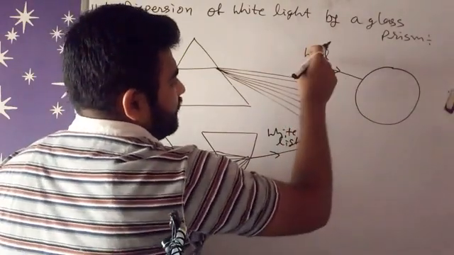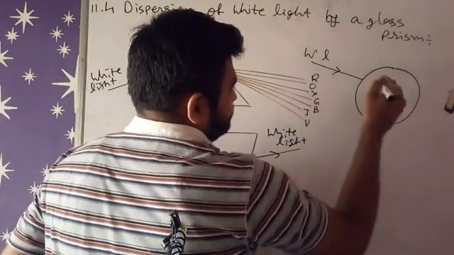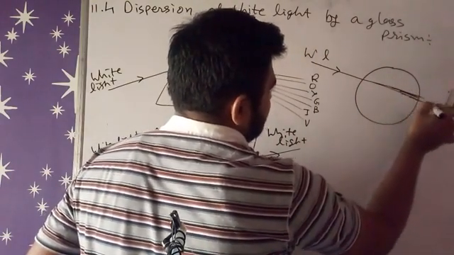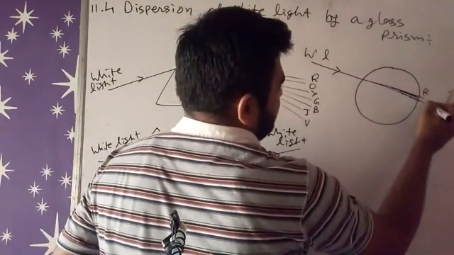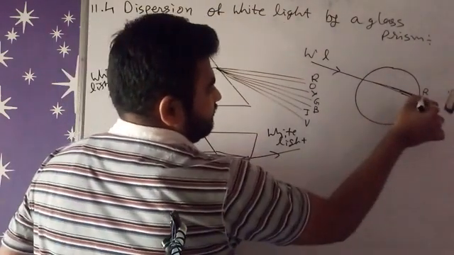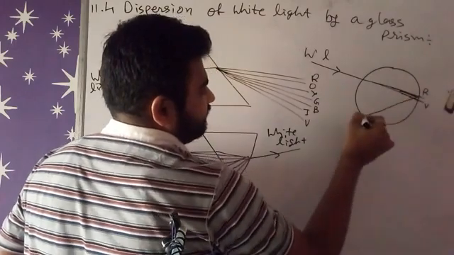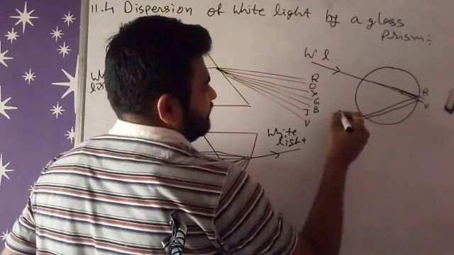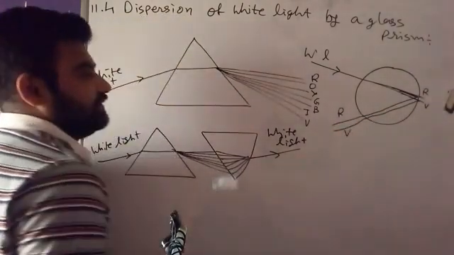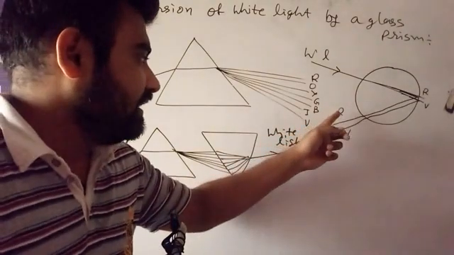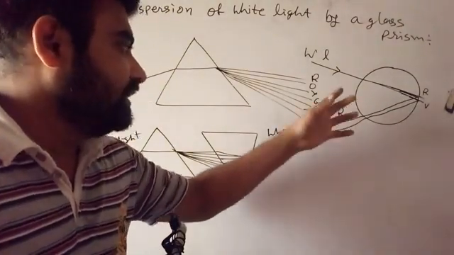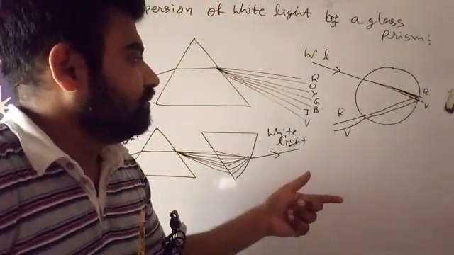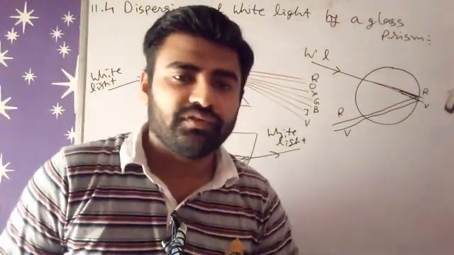So white light enters a water molecule, then it will be split into 7 different colors. So here 7 different colors are splitting. Here we are getting red and last violet. After getting total internal reflection from here, and the violet light here, right? So we are getting red and then violet color. So that's why red, violet, indigo, blue, all the colors, that is because of this dispersion process because of water molecules in the monsoon season.